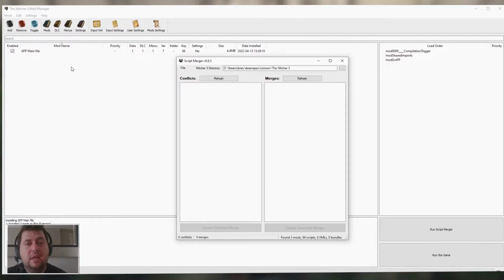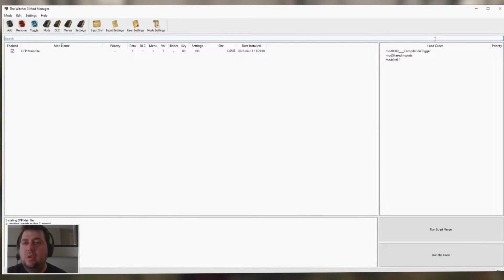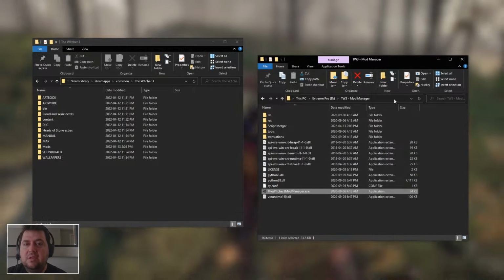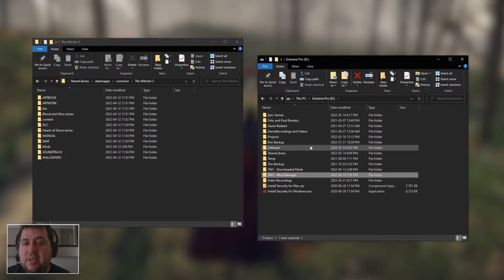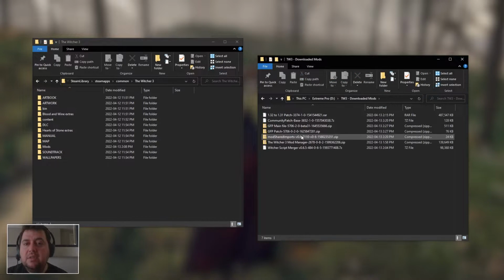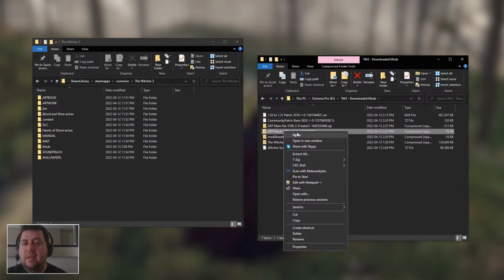And now look at this, guys. We have GFP main file installed as a mod, and what it does, it also opens up the script merger because it's looking for mods that are intersecting, mods that are creating a problem, and you can see that there's nothing on the list. So that means that we're good to go. So we'll close this and we'll close this, and now we need to do the other thing that the mod asked us to do, which is, if I go to the download mods, go to the patch and